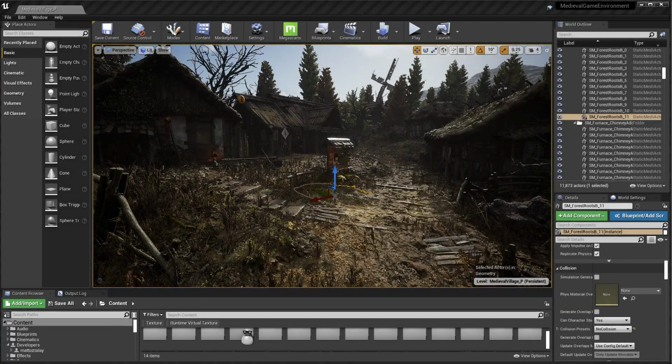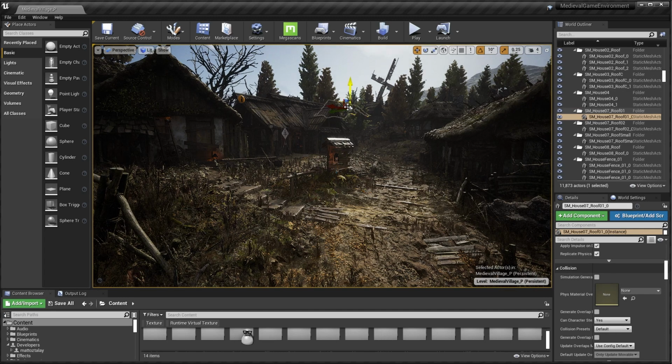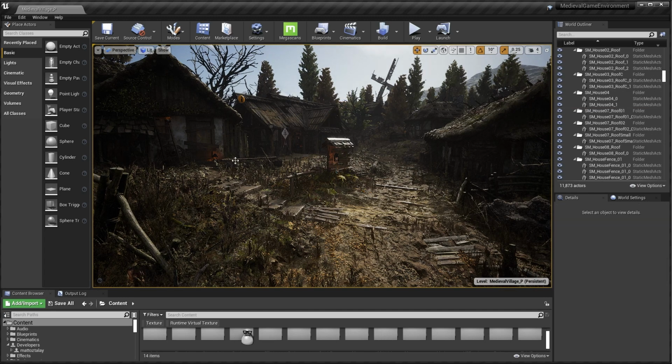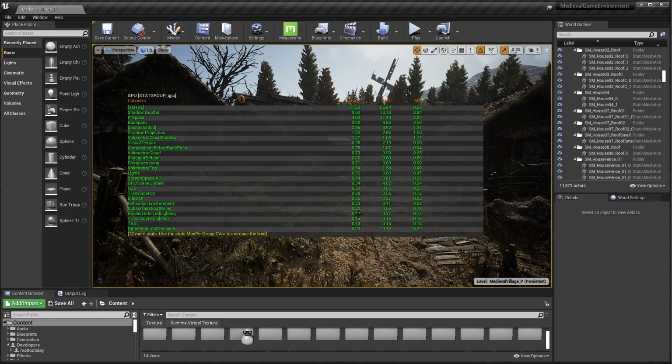Digging into the performance captures, I see that lights take up a disproportionate amount of time in this shot here. I'll raise the console command input with the tilde key and run the console command stat GPU. Yep, that's still high. I know we have a few dynamic point and spotlights in the scene, but how will I know which ones are causing issues? I should mention that we have dozens of these different stat commands, and you can read all about them in the links we've provided below.